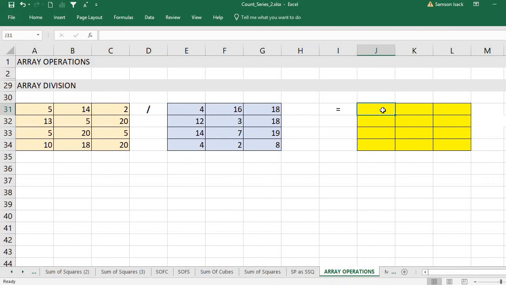So what we are going to do is select the set of cells where the output has to come, the 4 rows and 3 columns. When you select all of them, one cell is highlighted as active. There you start typing, put equal to, then our objective is to divide this array by this array. Once you select the cells, telling Excel these are my output cells, and type the formula,